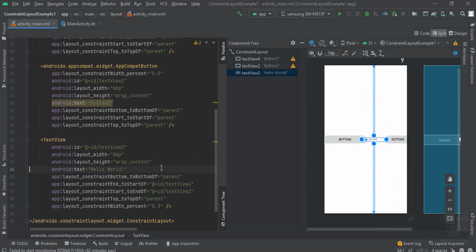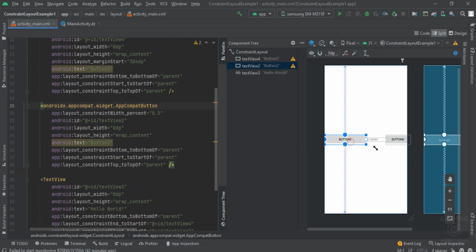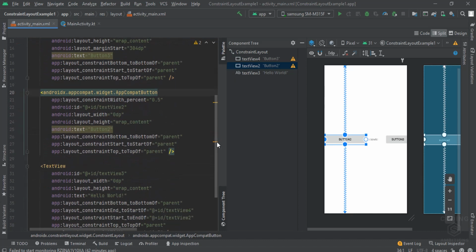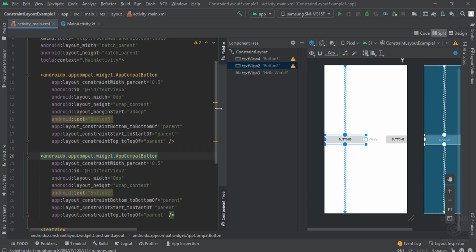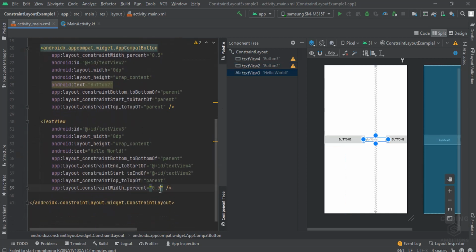Let's remove the margin from here, so you can see it's being aligned here. 0.5, 0.3, and 0.3, so it is exceeding 100%, so we have to make this 0.2, that is 20%, and now it is okay. So this is the end.